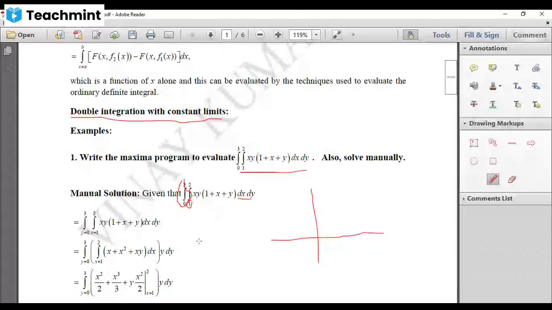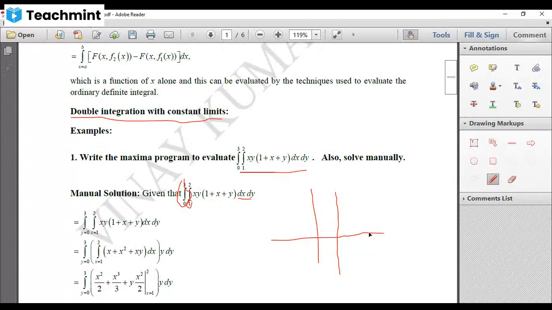Now, let's use that fact. So here x varies from 1 to 2. So from origin, you take x equal to 1. Draw a line parallel to the y-axis. That is your x equal to 1. That means on this line, the x-axis length is 1. See, from origin, it is 1. Okay. Then x equal to 2.